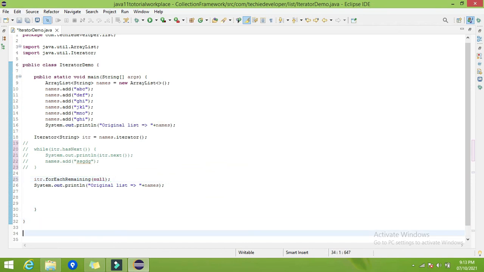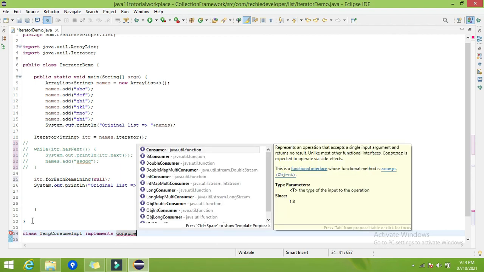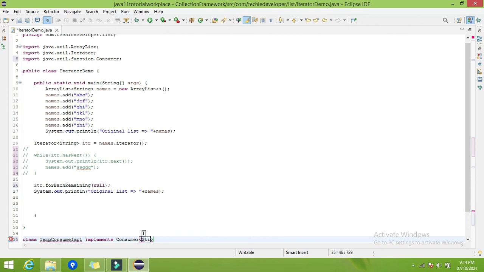Let's name the class TempConsumeImpl, which implements the Consumer interface of type String, which has one method, accept, that we have to implement.